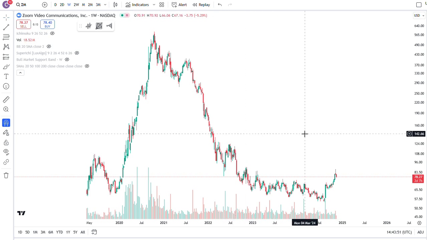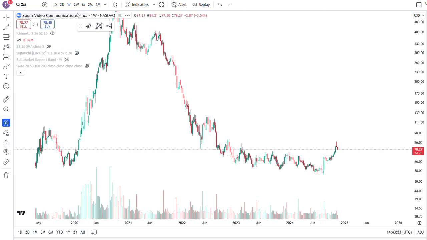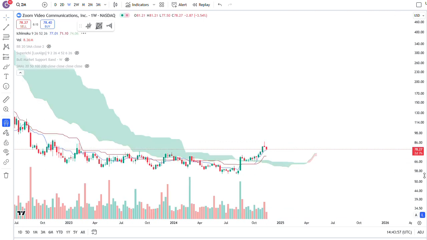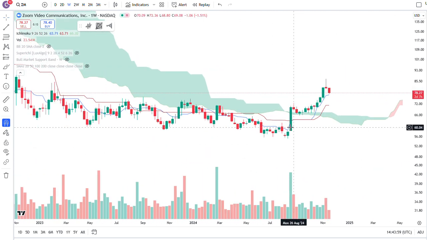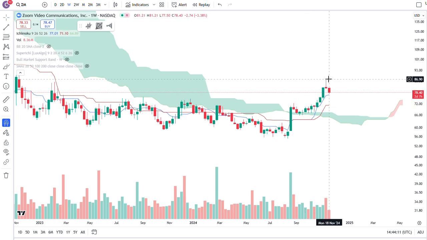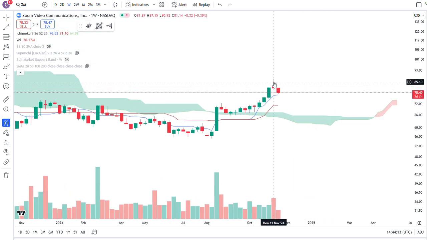Another one was Zoom. Zoom is actually extremely bullish, because if you're looking at the Ichimoku cloud here, it has something that I call a katana, where it really has broken out. Look at the katana. Looks like the bull trend wants to continue. It came back to test the cloud on low volume, and it looks like we have a pretty decent breakout here. Now the problem is last week you have a bearish candle. This is what we call a shooting star candle.